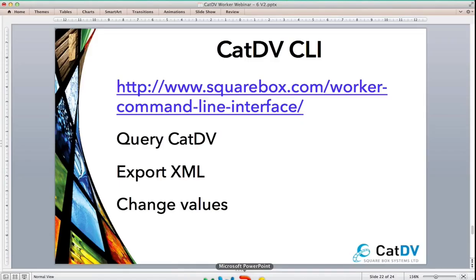Before we hand over to questions, we're going to take a little look at the CatDV command line interface, which is described at this location on our website. The command line interface enables other programs to control CatDV. For example, we have an integration with Nexidia for dialogue search, a great product. What those guys do is write back markers and change data in CatDV, all using the worker command